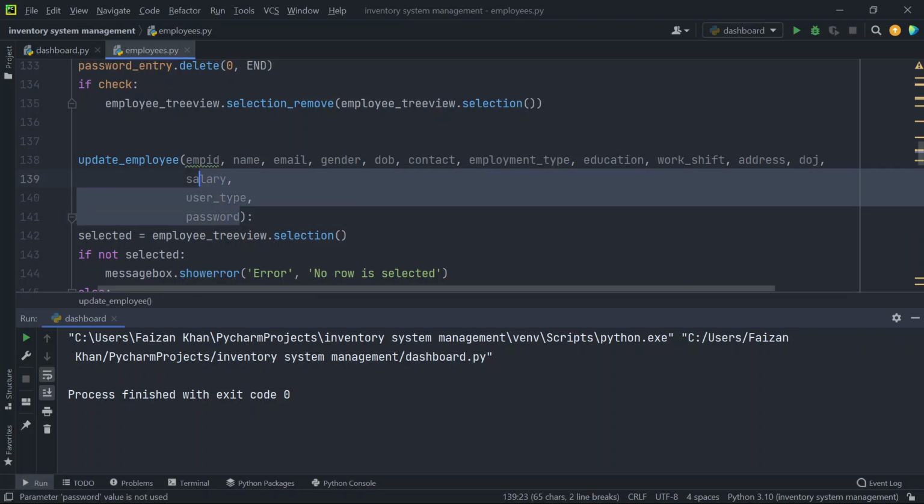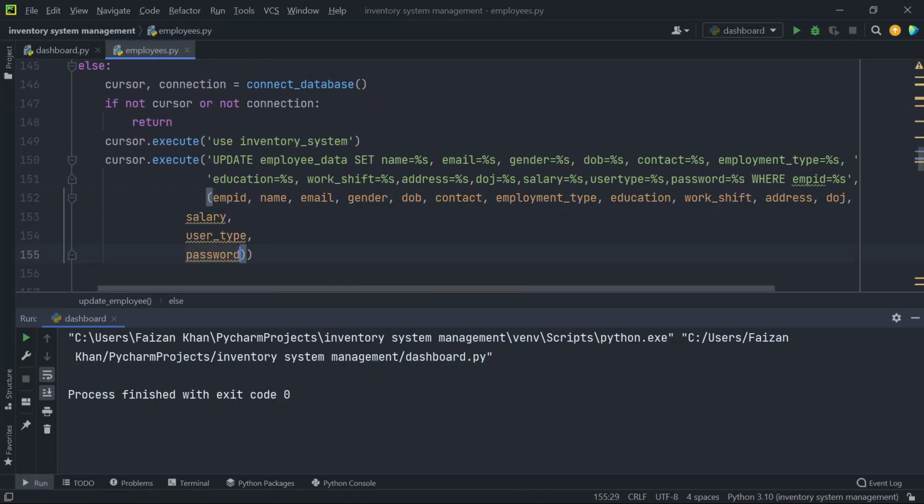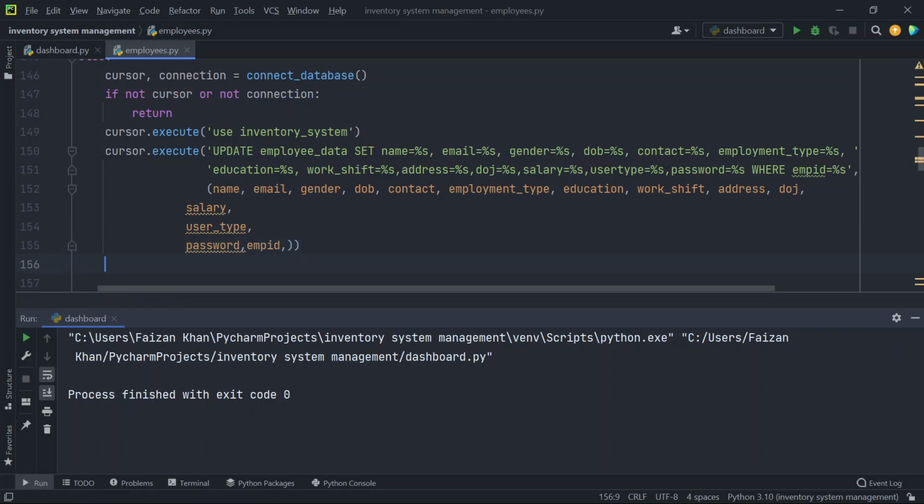And now we can copy these values that are coming from the entry fields, and we can paste them inside this tuple like this, and make sure you add this employee ID at the end. Okay, because if you see update employee data set name, so corresponding to each column you will be putting the entry field value. Okay, and at the end you will add employee ID like this, and after this you have to commit your changes. You will write connection dot commit like this,